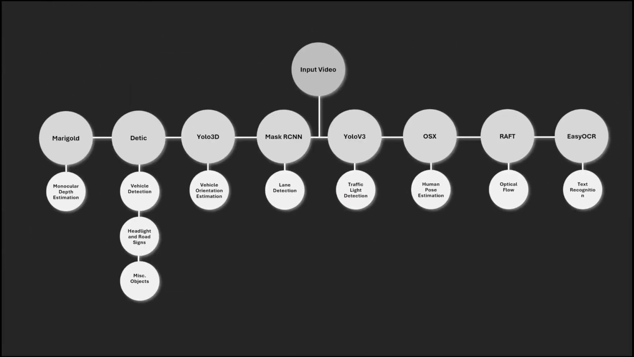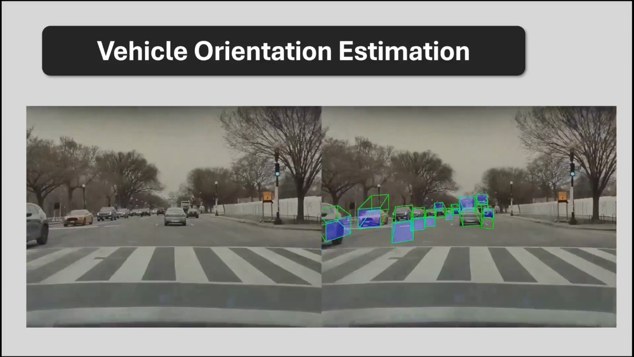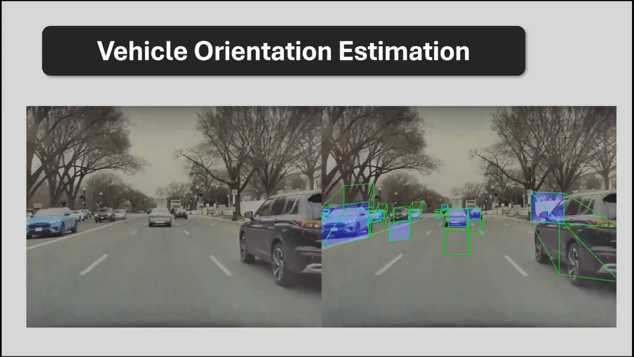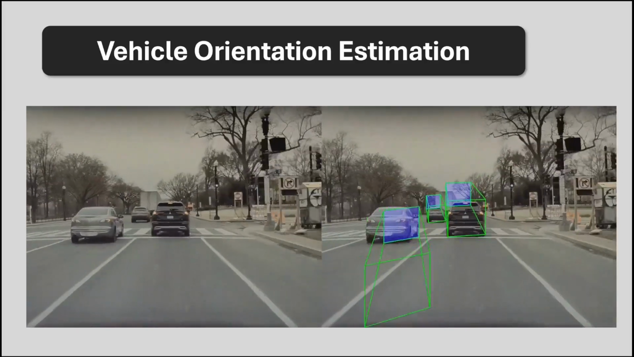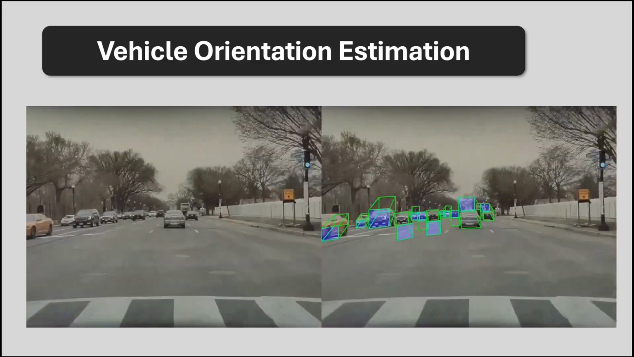Now, after detecting all the objects, we need to get the orientation of the vehicles, for which we use YOLO 3D. We ran YOLO 3D on each frame. It outputs a tight 3D bounding box, from which we extract the car's yaw. The front face of the bounding box gives us a usable heading. The orientation values were not accurate, but after applying some limits on the yaw values, we got the correct orientation